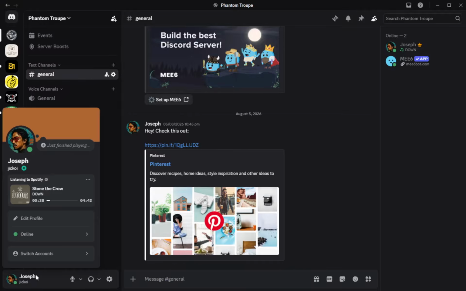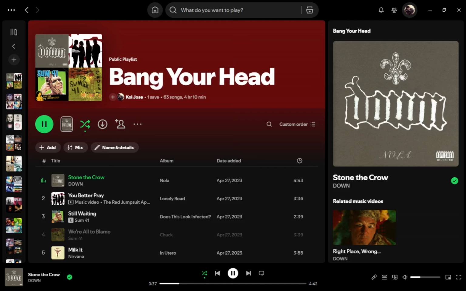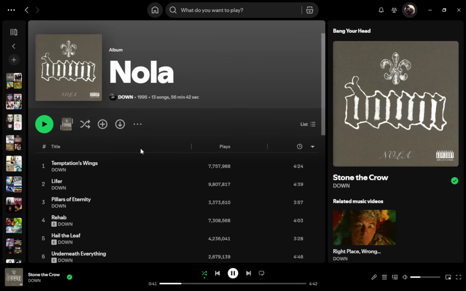To listen to Spotify together in real time, first make sure Spotify is playing. Leave your track running in the background, since Discord only invites others to an active session. If you pause, the listening invite will not update correctly. Next, open a Discord direct message, group direct message, or text channel. This can be any text space where you can send messages to the people you want to listen with. You will see the message box at the bottom of the screen.